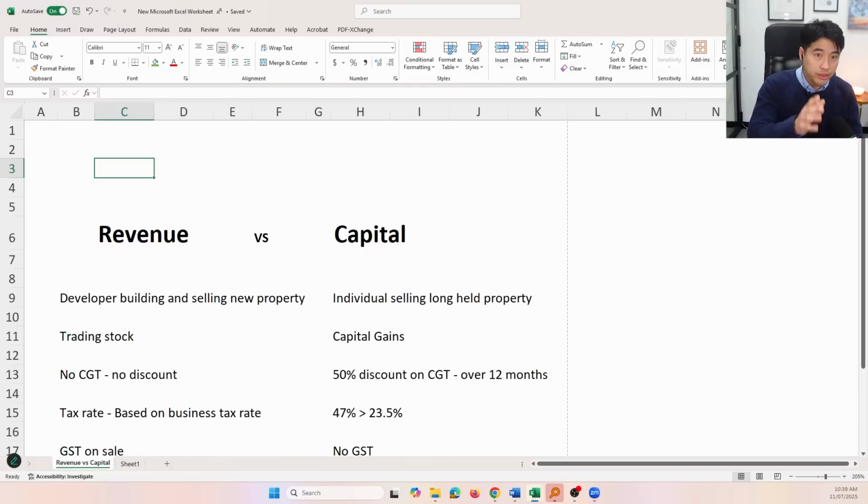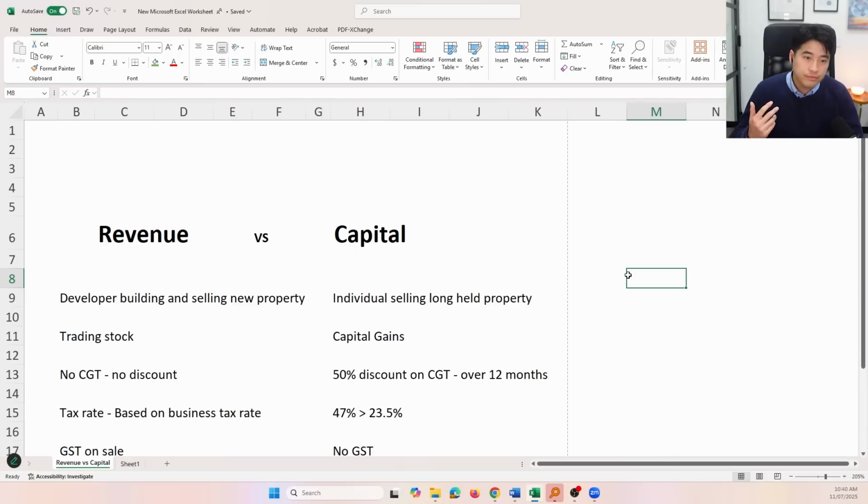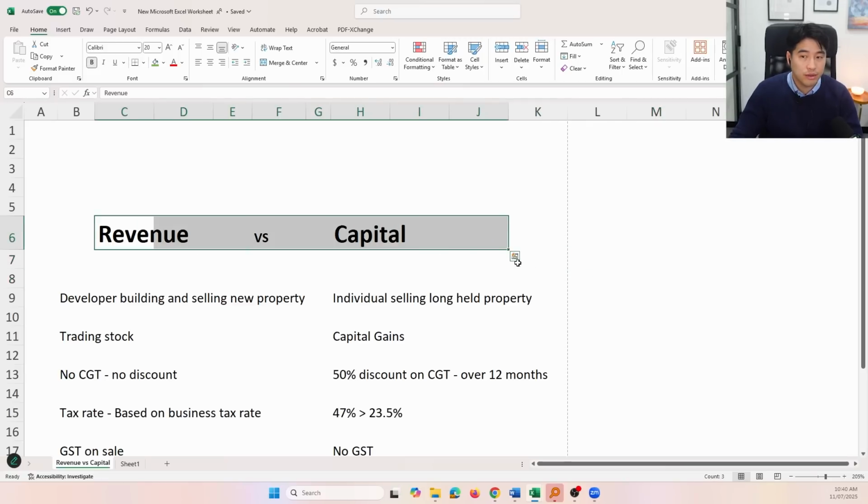There's a difference between a property developer versus an investor. A lot of investors get it wrong, and then they end up getting classed as a property developer by the ATO, and it creates a serious issue with taxes. It creates an issue with you thinking that you were eligible for concessions, but you weren't. So you could be paying like 20-30% in taxes and not claiming the right amount of taxes back as well from the ATO. As a result, you get double tax. Yeah. A lot of first time developers get into a lot of problems, and they end up going bankrupt as a result of a deal with doing development.